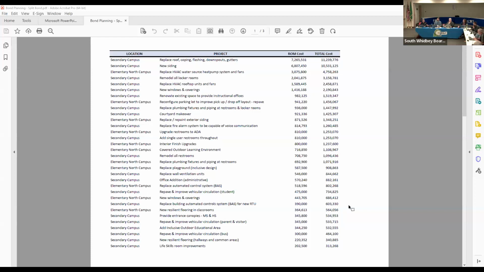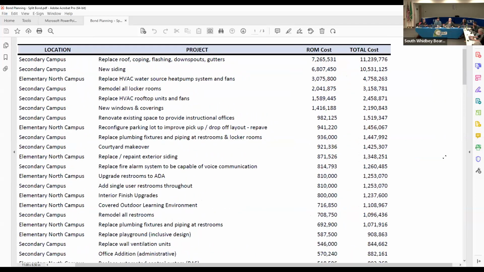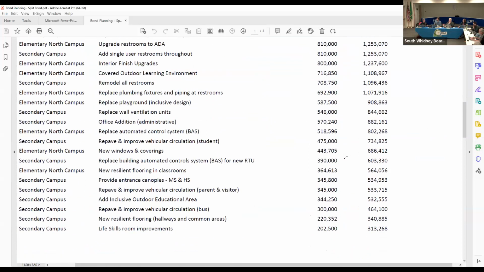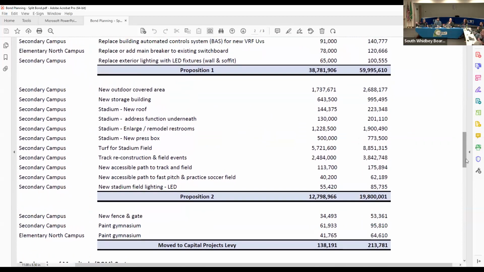So we have it separated in that way and built that way. The board can certainly tweak it if it chooses, but I think we met what the board was looking for. So we've put it in the form of amendment to your former proposition that you passed last time. So it's for your consideration. It is on the agenda for the special meeting if you choose to go in that direction, and happy to show you exactly how Dan really, let's be honest, came up with the numbers. But we divided it by what we thought would make most reasonable sense.